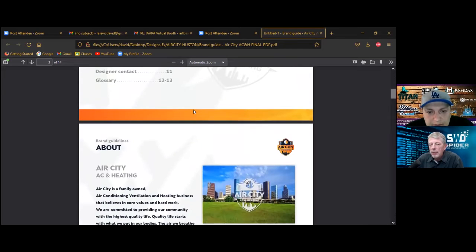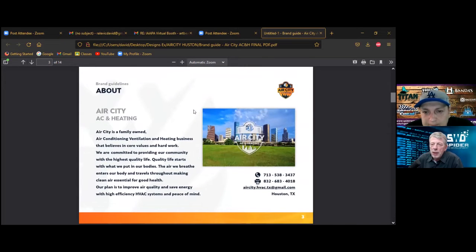Right. And this was something that I wanted to talk to you about, the corporate ID system, or the brand guidelines. This document basically helps them understand how to use the branding tools that you give them in their everyday marketing and communications, correct? Yes, that's it.